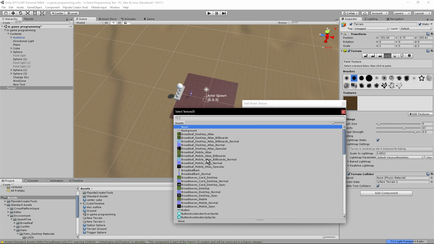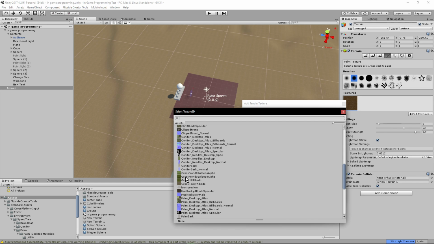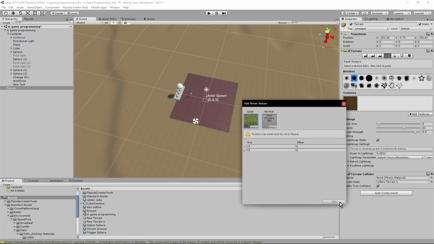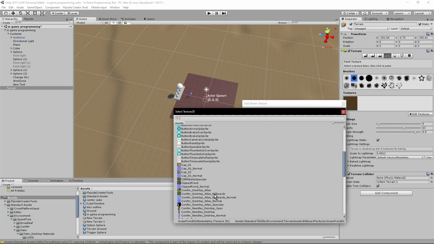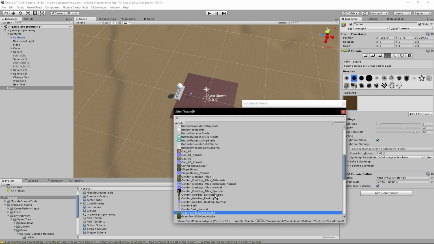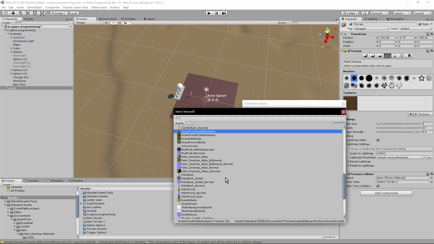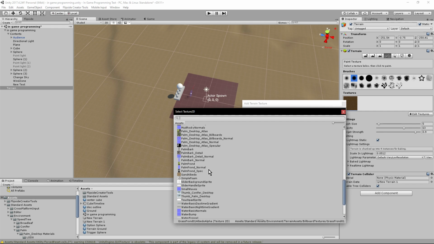Let's call it... we must have some grass here. Yeah, so we got grass. I don't really care what it is, so we'll just choose that one. And again, no normal, but that's okay. We do an add. Texture wrap mode must be set to repeat. Oh, okay, so that texture is not one we can use. Anyway, it helps if you have your own textures, because they don't